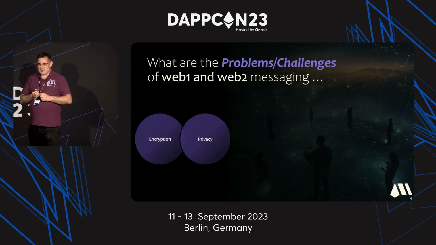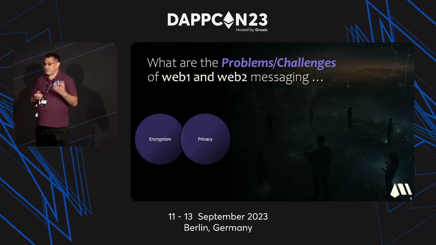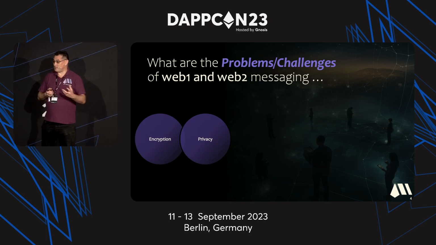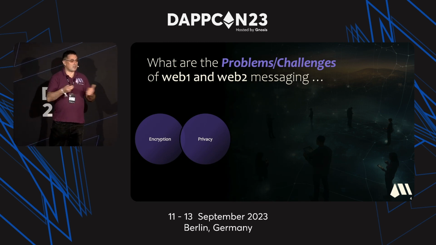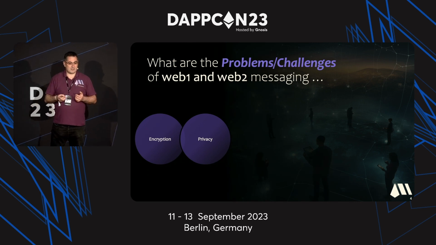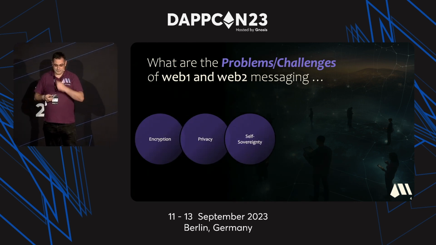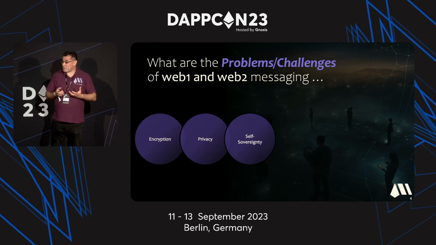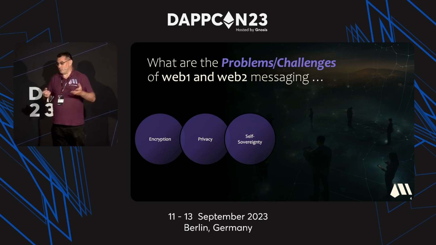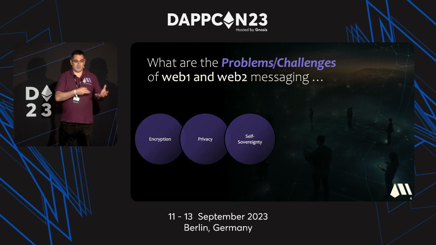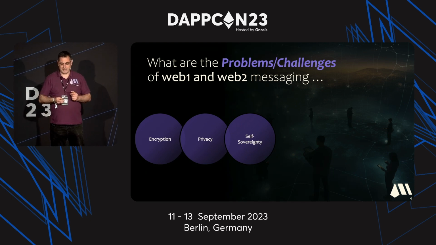Then we have privacy. When I'm using such a centralized messaging service, even if the message is encrypted by itself, the metadata is not. So the provider is fully aware of what or whom I'm contacting, and so this metadata is not private at all at the moment. I'm also not self-sovereign with my messages. If I want to move from one messenger to another, it's not possible, or almost not possible, because I'm not controlling my messages, they are controlled by this company.